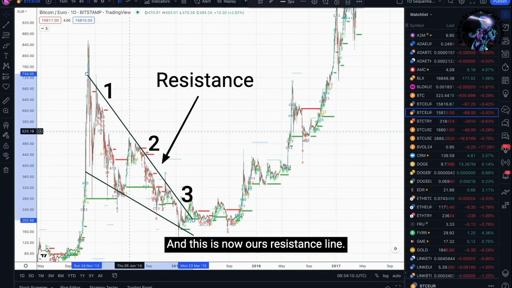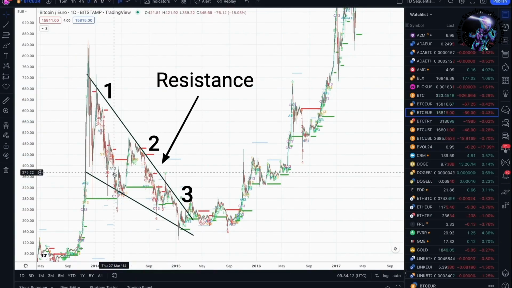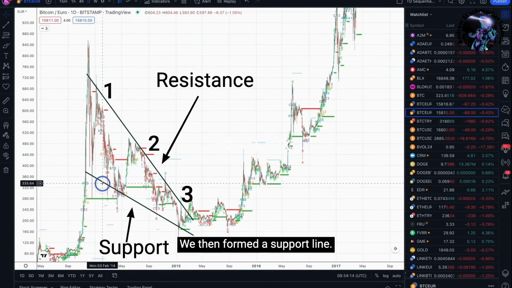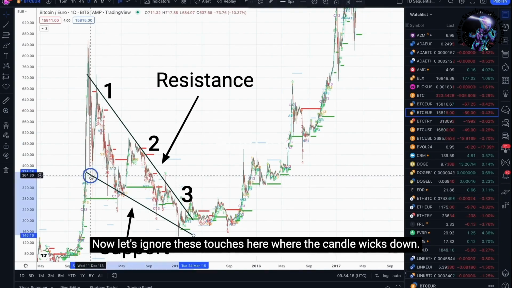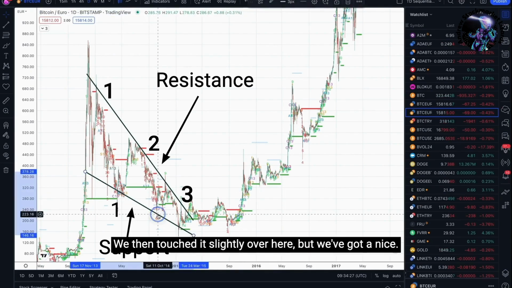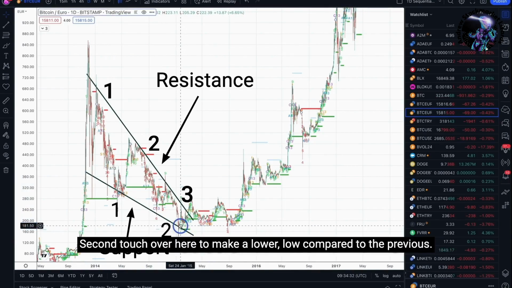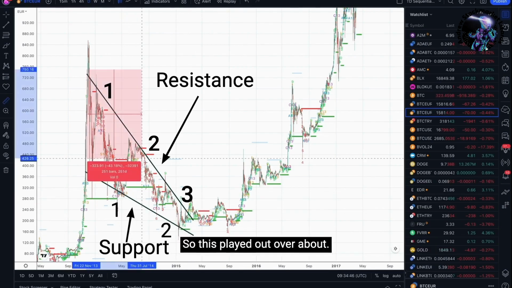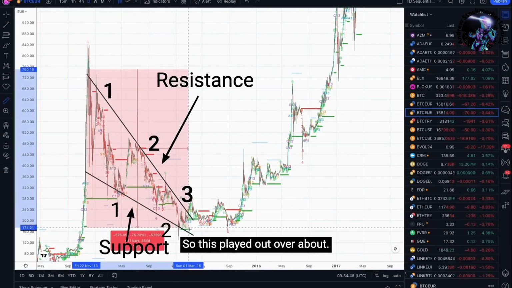And this is now our resistance line. We then formed a support line. Now let's ignore these touches here where the candle wicks down. Let's take this as our first base for a low. We then touched it slightly over here, but we got a nice second touch over here to make a lower low compared to the previous. So this played out over about